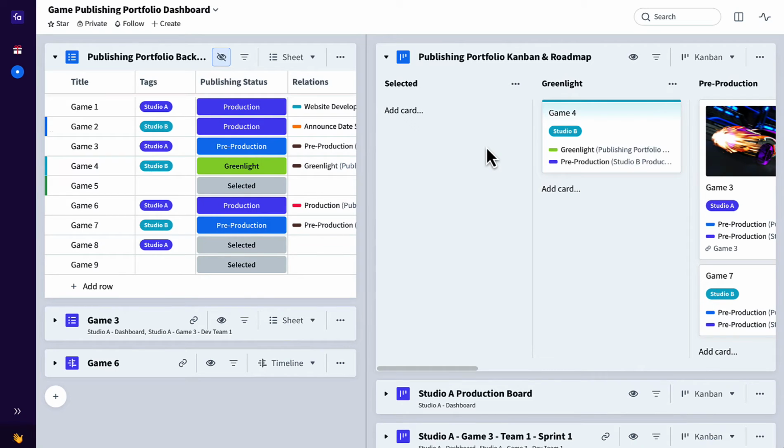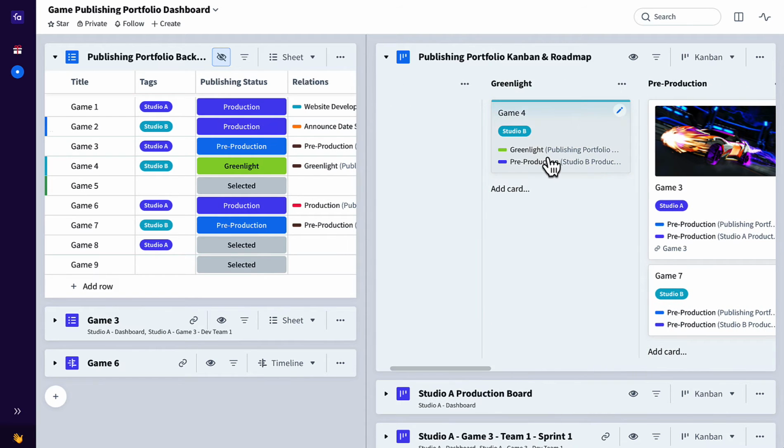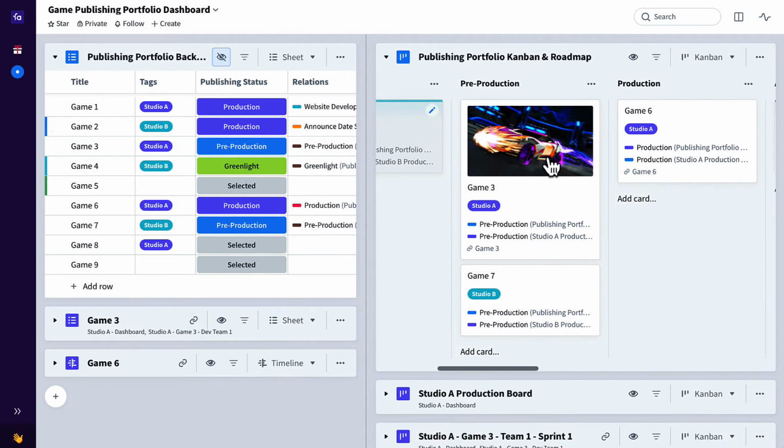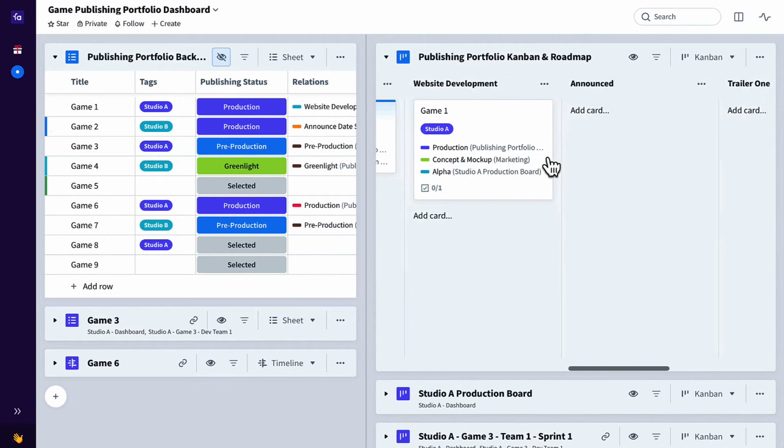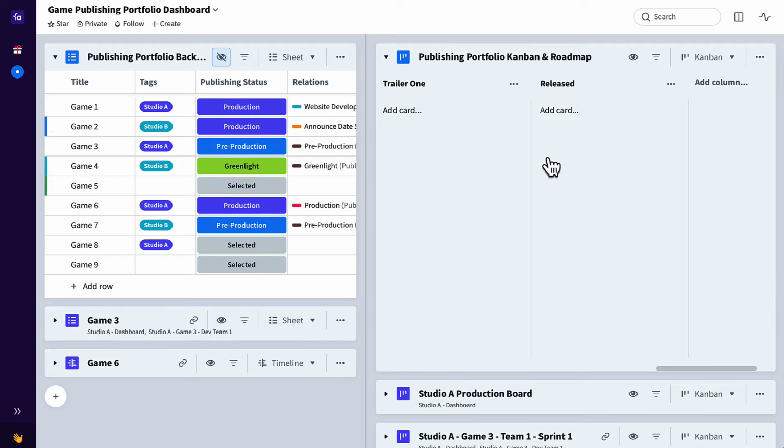Publishers, both large and small, need a way to plan and track their game portfolios across multiple studios. It's crucial to visualize each title's progress from discovery to greenlight to pre-production, production, and all of the stages necessary through to successful release. This ensures nothing falls through the cracks and everything from certifications to marketing efforts are well coordinated and resources are